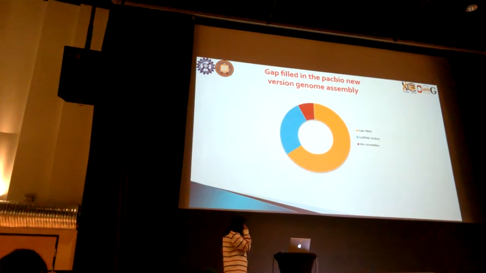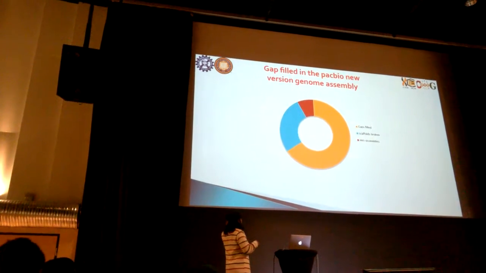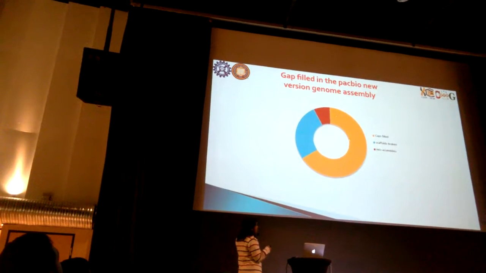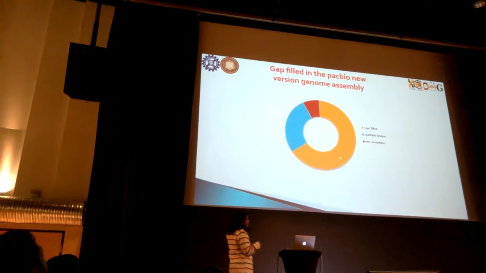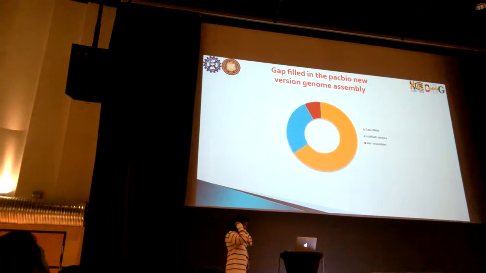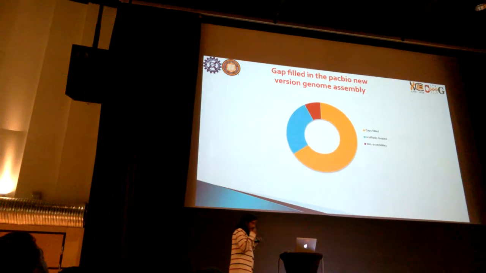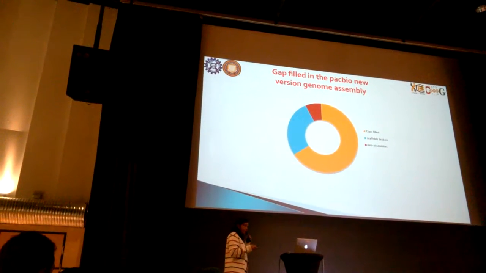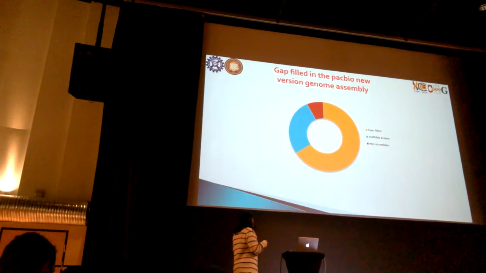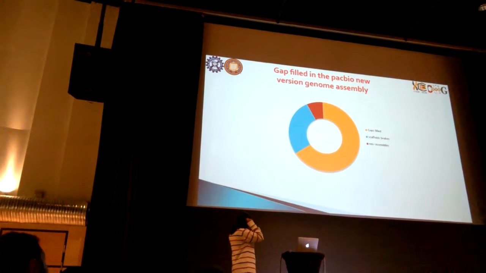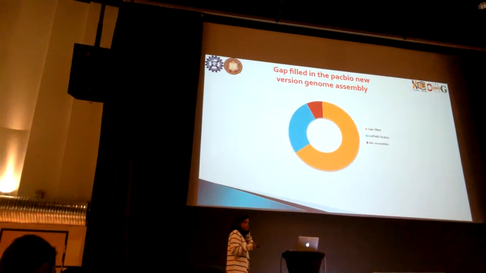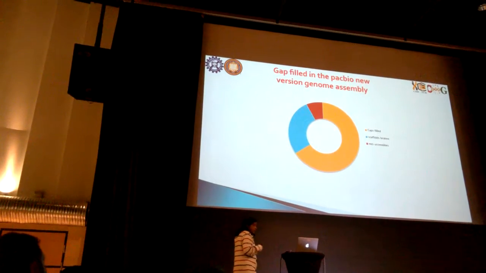This is the gap filling statistics. In V1, we have closed down this much of gap altogether, and this part is actually the false gaps. When you have unitigs joined together and having some gaps in between, we found that they are actually not gaps, they are ends of the scaffolds, so they fell apart. We had to throw them away, and then this part is some misassembly which was there in V1, which we corrected in this current assembly.